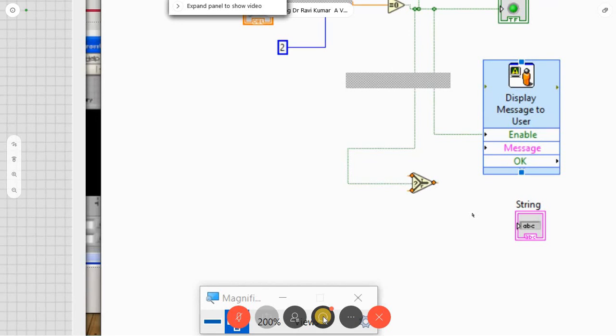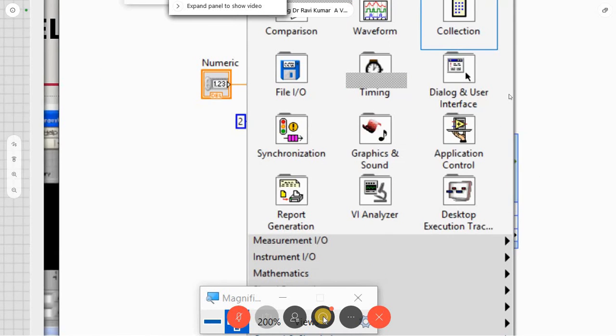You can see this is your Select function. When this input is true, your output follows the true line. If it is false, your output follows the false line. This is how it works. So, let's connect it to your string indicator as an output. But it is a broken wire because you have not given any input to this. So what input am I supposed to give here?